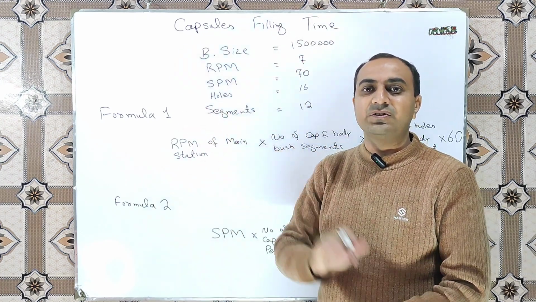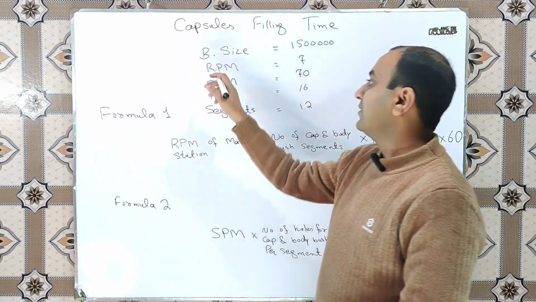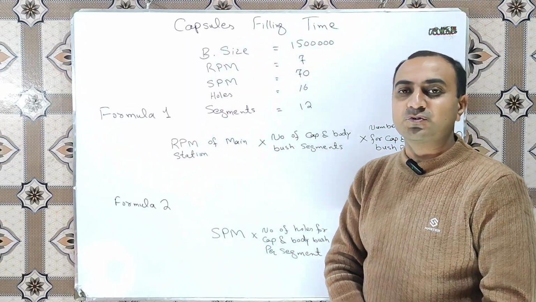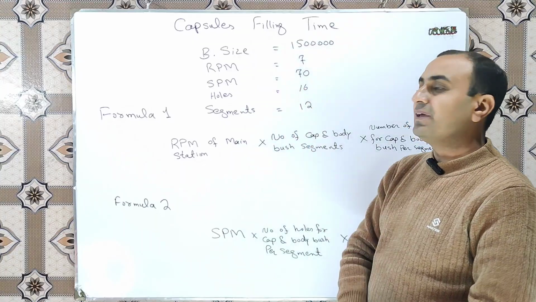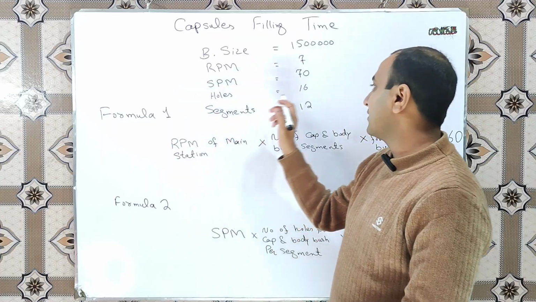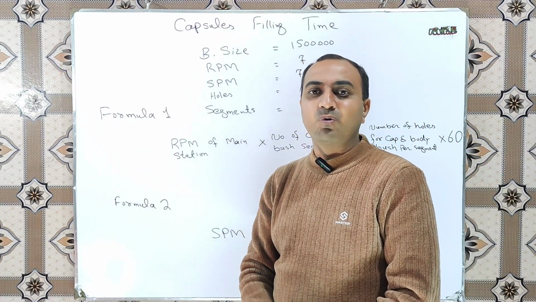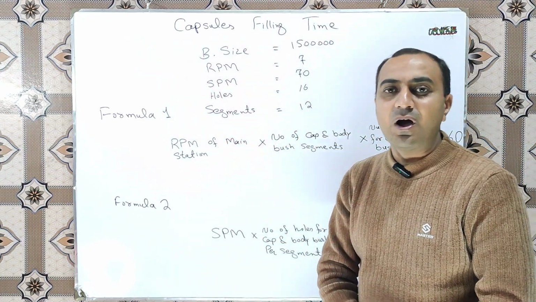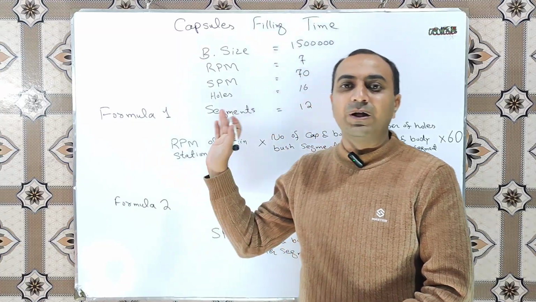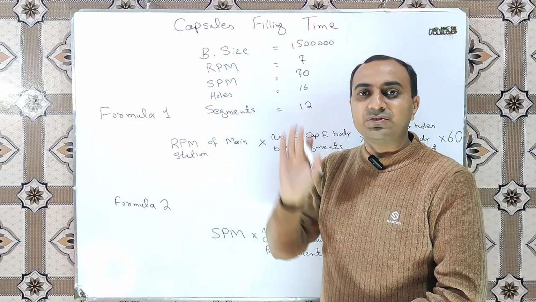The specifications or running parameters of our capsule filling machine are: the RPM of the main station is 7, the SPM or strokes per minute is 70, the number of holes per segment for cap and body bush is 16, and the total number of segments for cap and body bush is 12. So how can we calculate the time required to fill the 1.5 million capsules by using our machine at these